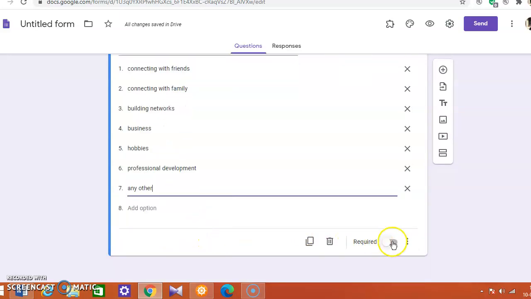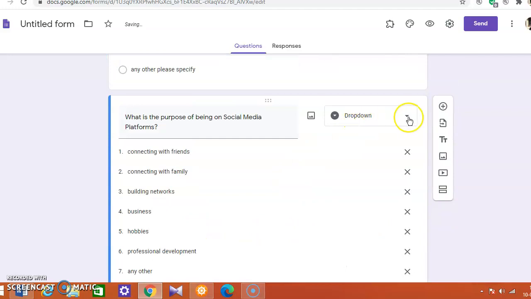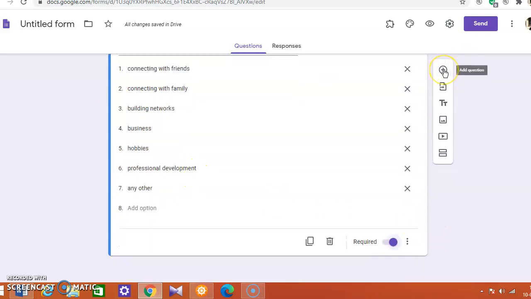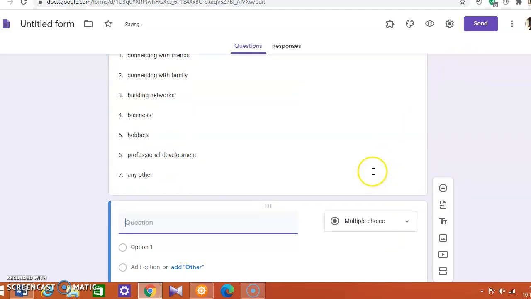So this is a drop down question. Now what happens in a drop down question is that whenever this question is asked, this is where you can add images, and people can know that one after the other, this will keep on coming. Now let's go to the fourth question. We have already done short answer, multiple choice, drop down, and check boxes.